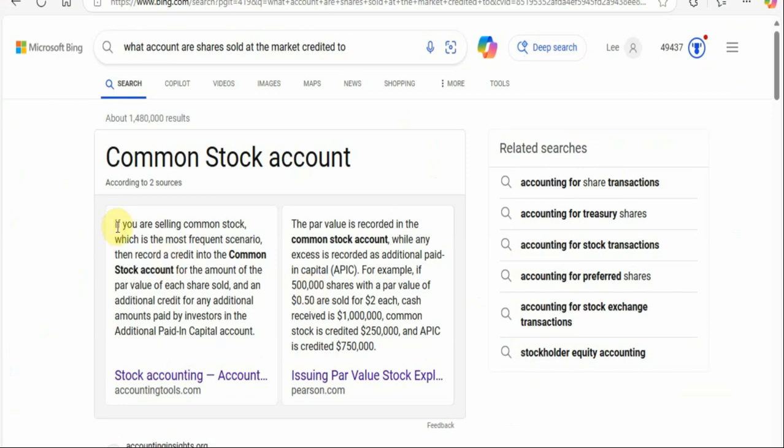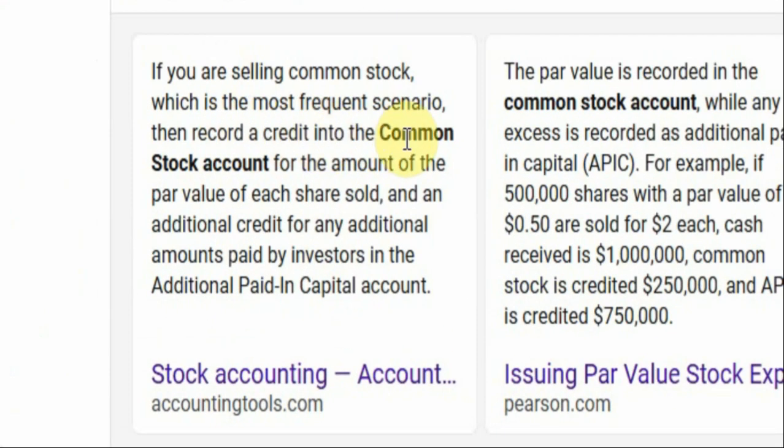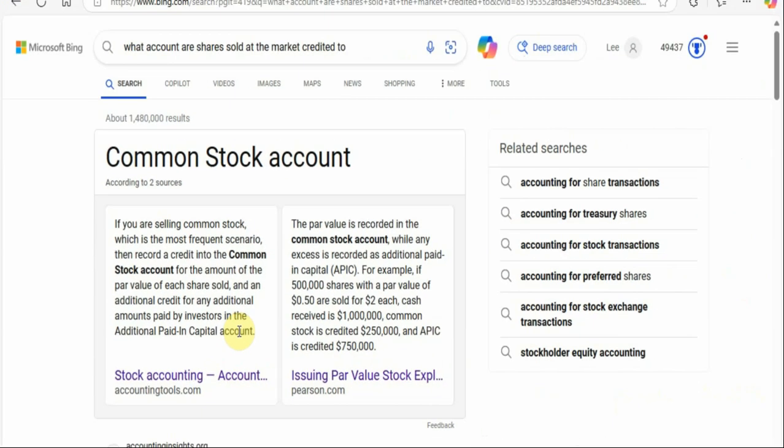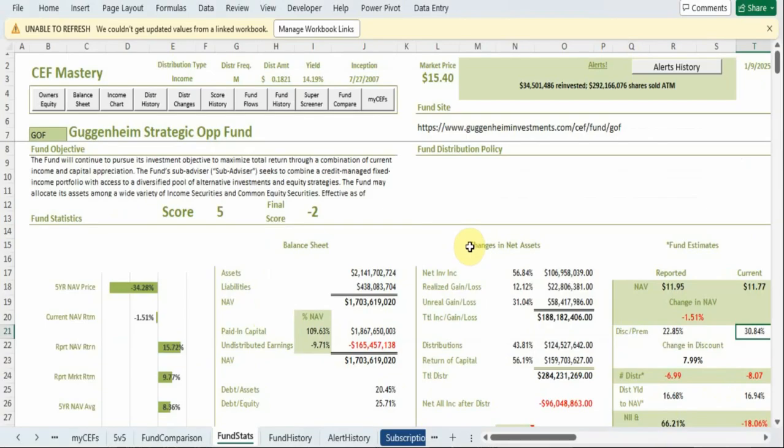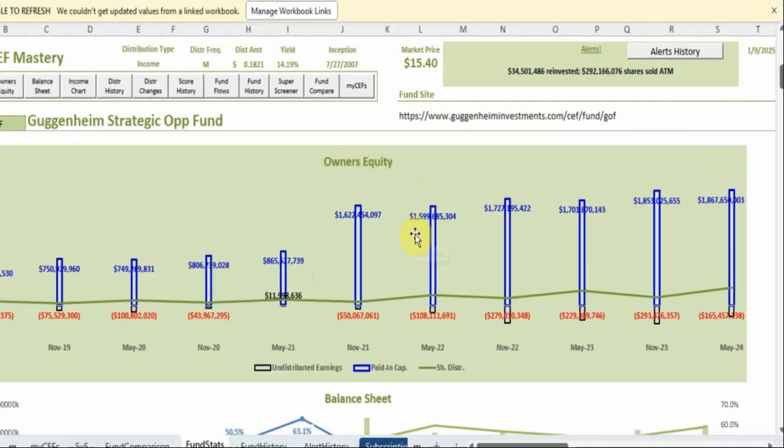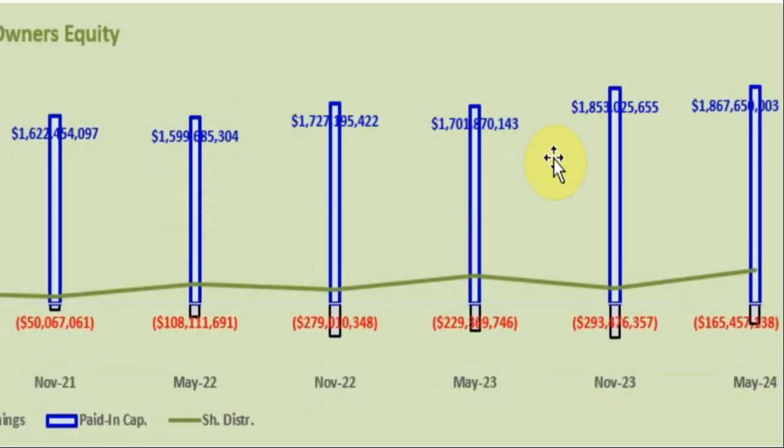market. Now, when those shares are sold, it creates a credit into the common stock account for the amount of the par value of each share sold. But more importantly, an additional credit for any additional amounts paid by investors is credited to the additional paid-in capital account, not an income account. So if we head on back to GOF and then we go to the owner's equity chart, you can see that the increase in the paid-in capital portion of GOF is primarily from the premium fetched on those shares sold